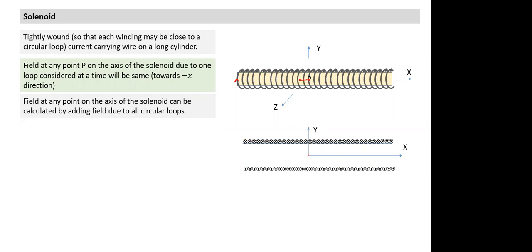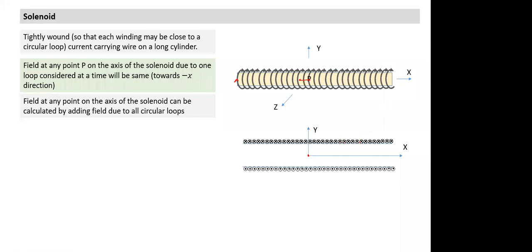Now I have to calculate the field at this point P. In this particular case, I have taken the origin at the point at which the field needs to be calculated. We can always choose an axis which suits my calculation. So I have taken XY axis like this. This is the point which is the origin. How would I calculate now?